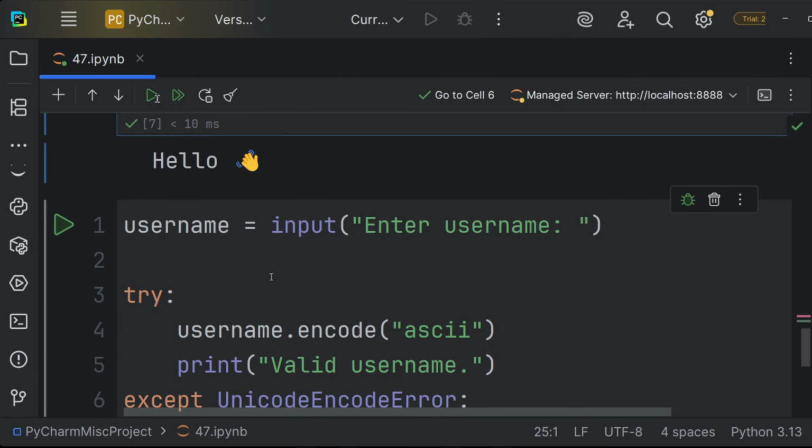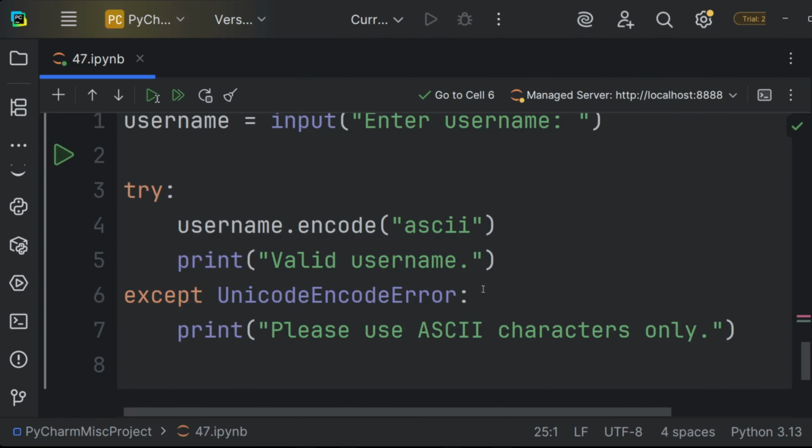Let's say you want to allow only ASCII usernames in your app. Let's have an input for entering a username, and username.encode ASCII. So we set the encoding as ASCII, and then we print valid username. Now, if there was an error over here, the error is known as a UnicodeEncodeError.